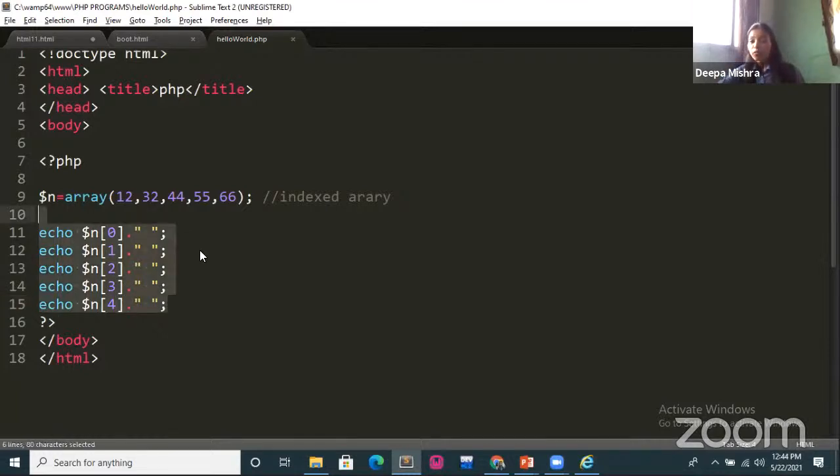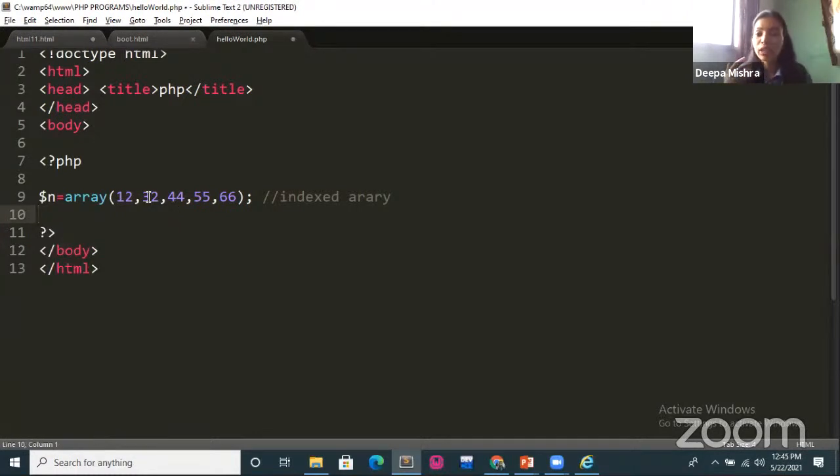Okay, now you can display all the things with the help of a loop as well. Here, as you can see, for 5 elements, you have written the echo statement 5 times. This is not required. You can use any of the loops, and with the help of that loop, you can display these things. Now, here I'm using the for loop to display these elements. So for $I is equal to, index always starts from 0, so that is why I'm initializing I with 0. Now $I less than or equal to, what should I write? How many elements are there? 5 elements are there. So here, if I'm starting I with 0, I'll have to terminate with 4. And then here